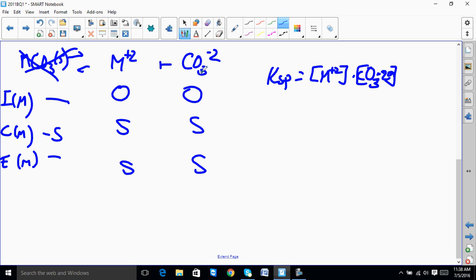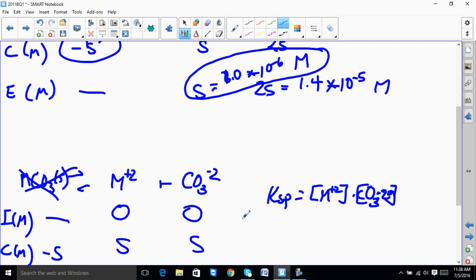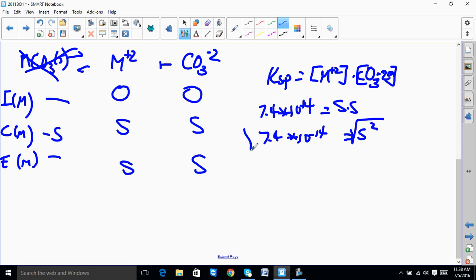And then they told us up here, got to slide up here again, that this was 7.4 times 10 to the negative 14. And so what we know now is this is 7.4 times 10 to the negative 14, and our table defined this as S, and this is S. So 7.4 times 10 to the negative 14 equals S squared. What undoes a square root. And if you do this, S comes out to be, S stands for solubility, 2.7 times 10 to the negative